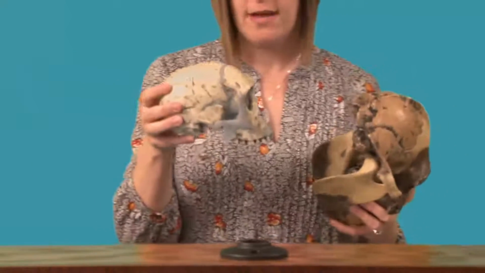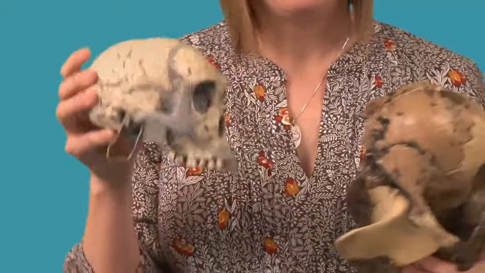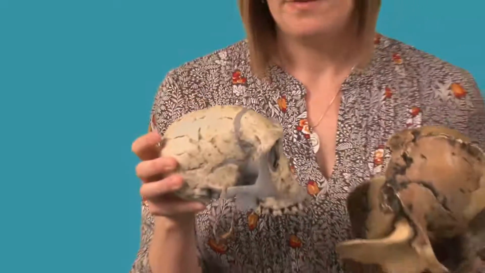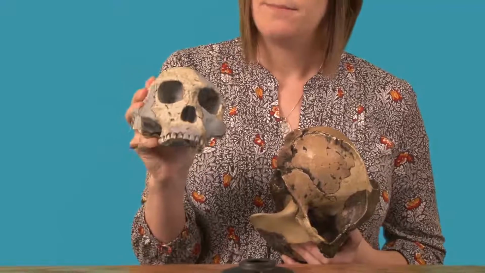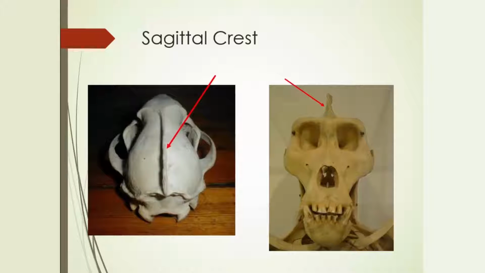So again, just another example. This is Homo habilis, a later ancestor of Australopithecus boisei, and you can see there's an absence of a sagittal crest here. But notice that you do have a little bit of presence of supraorbital margins still there on the Homo habilis skull. Again, take a look at the pictures on your slide. On the right side of the slide is a gorilla example, and gorillas have really large muscles of mastication, so they have a really prominent sagittal crest so that they have an area of bone for those muscles of mastication to attach to.